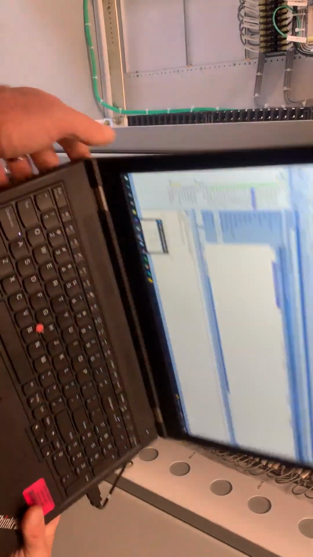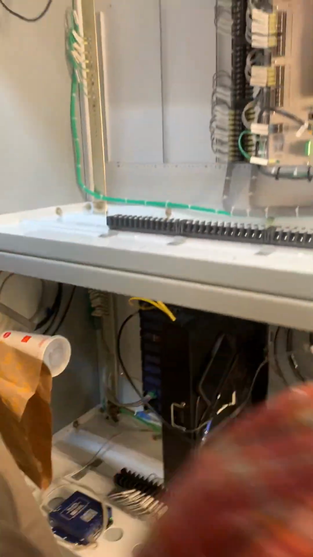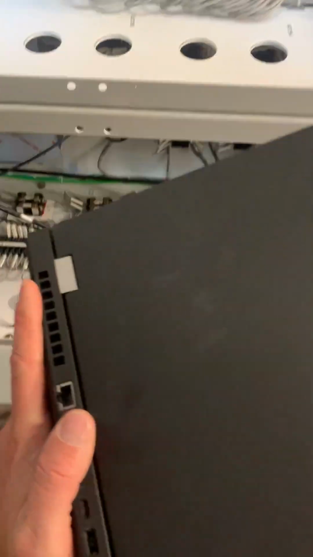So now we can cheat and we can see if our data actually works, which is the cool thing of an RTAC. So what we'll do is we'll come over